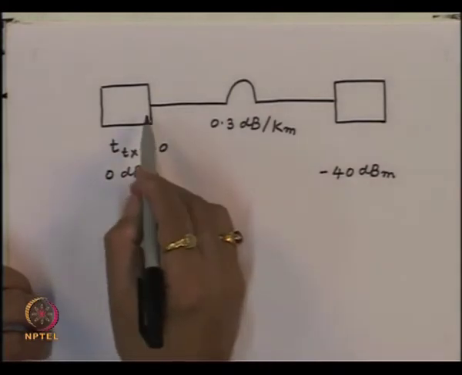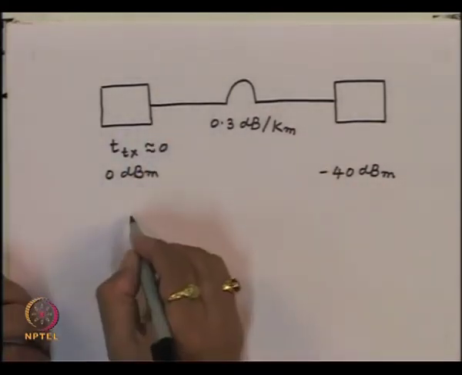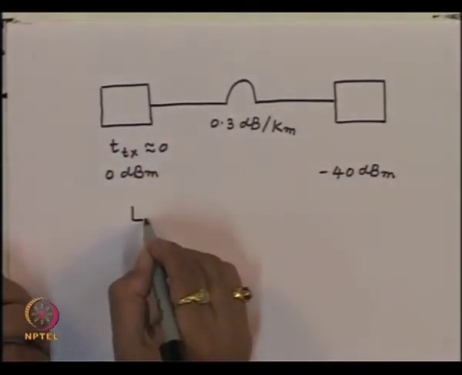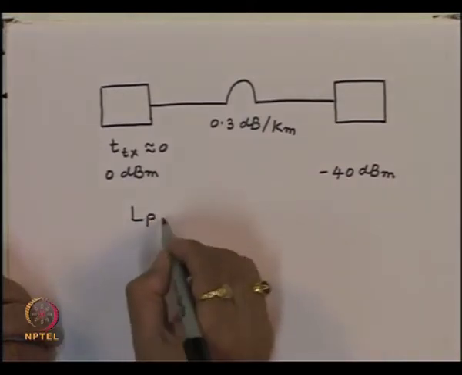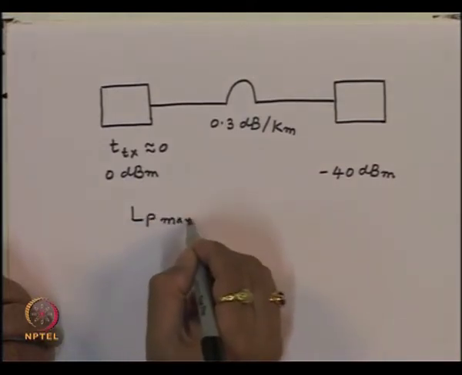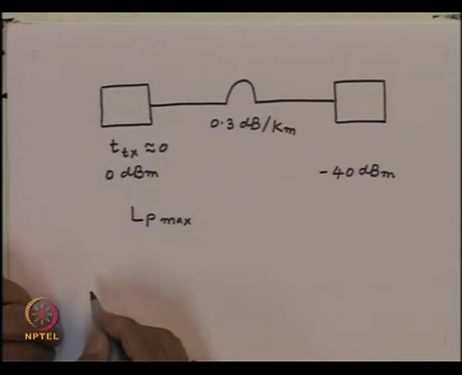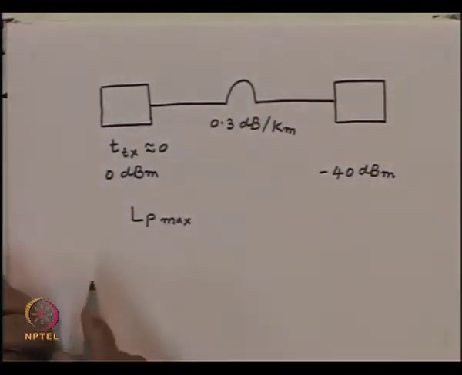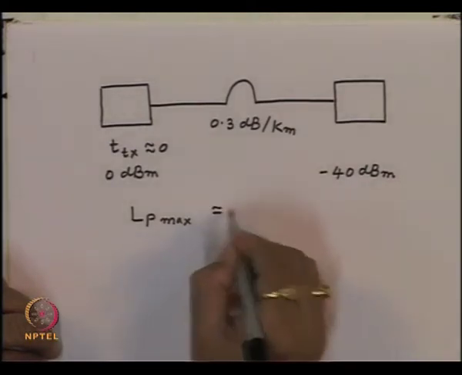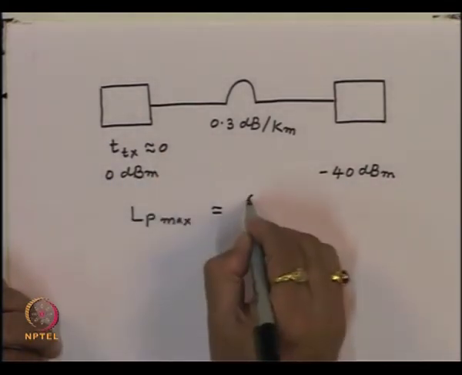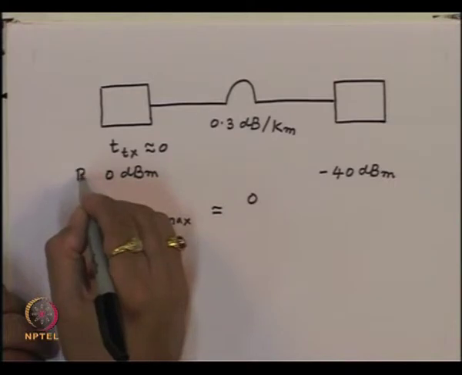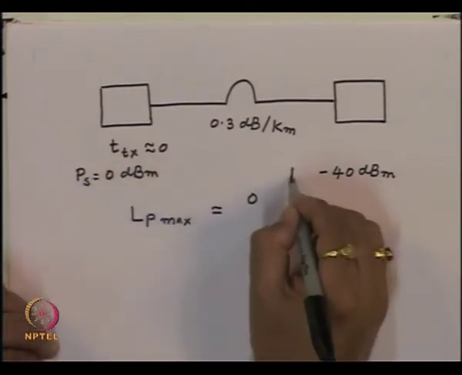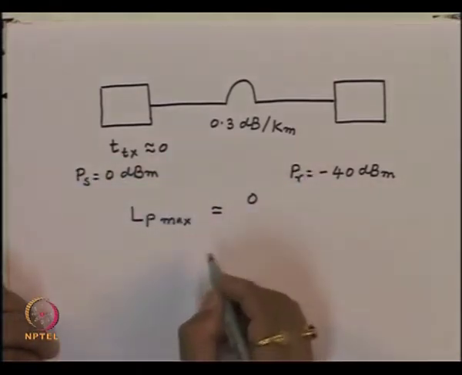So, if you calculate now the power budget length L_P maximum, assuming that there are no splices and other things, just for simple calculation, this would be approximately this 0, which is PS, this is PR. So, PS minus PR, that is 0 minus minus 40,